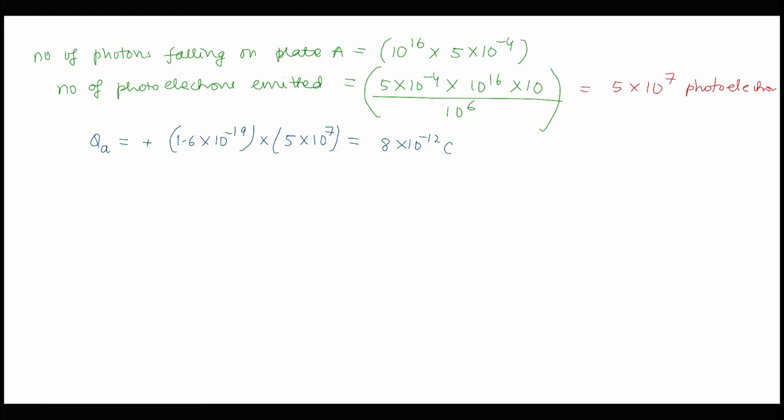B was already positively charged, but these photoelectrons on striking B will reduce the charge of B. So B, which was originally 33.7 into 10 to the power minus 12 coulomb charge, its value will reduce by this 8 into 10 to the power minus 12 coulomb, because these photoelectrons will strike the positive charges and nullify them. So the value we obtain is 25.7 into 10 to the power minus 12 coulomb. So now we can say that